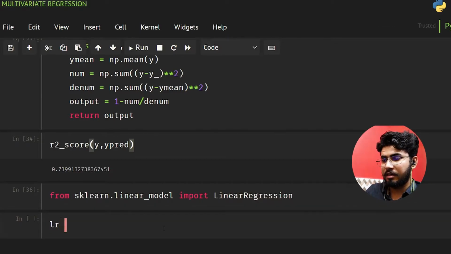Okay, so we are importing linear regression from here right now, and what I can do is I can make an object of this linear regression class. So linear, let's take regression,